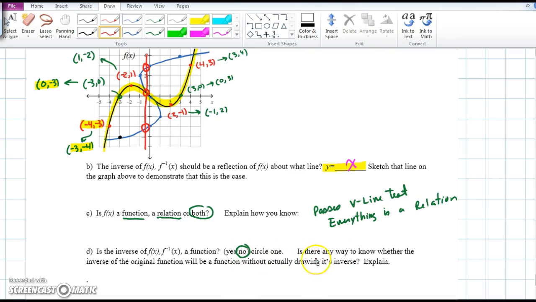so that's why it's no. Is there any way to know whether the inverse of the original function will be a function without actually drawing its inverse? Yes. If you draw a horizontal line test of the original, it failed here, here, and here. So if the original